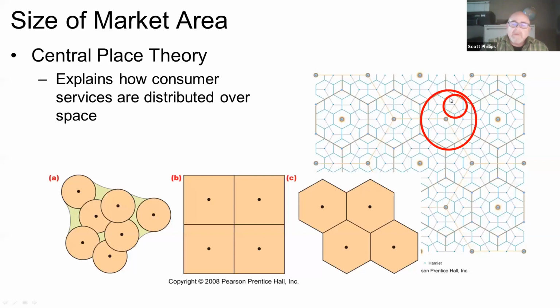So in this example, this big hexagon would be for a bigger city, and the smaller hexagons would be for a smaller town. So for example, this bigger one might be for Fresno, and Fresno perhaps can have a type of store that Clovis can't. So the smaller one might be Clovis. And so Clovis people don't drive as far to shop in Clovis as they do to shop in some of the major retailers in Fresno, like River Park and Fashion Fair. Not as many people drive as far to go to the Sierra Vista Mall.